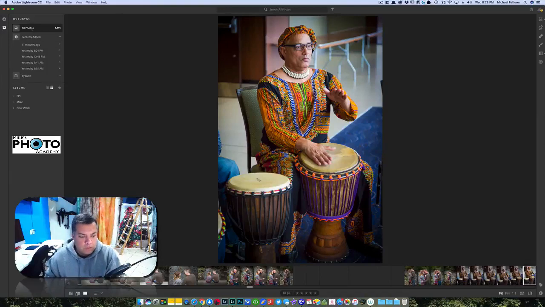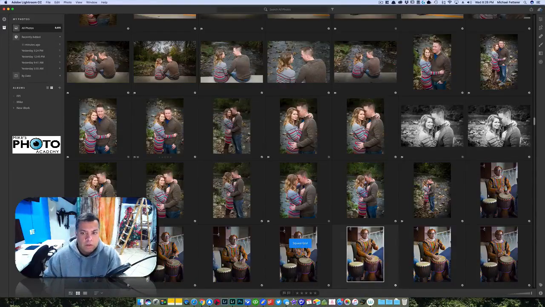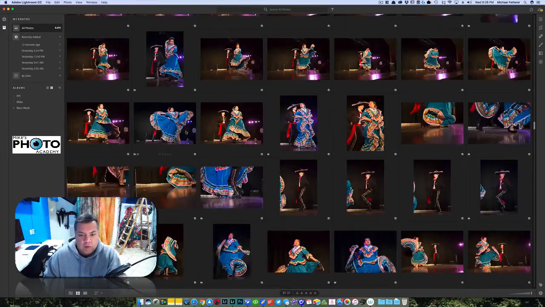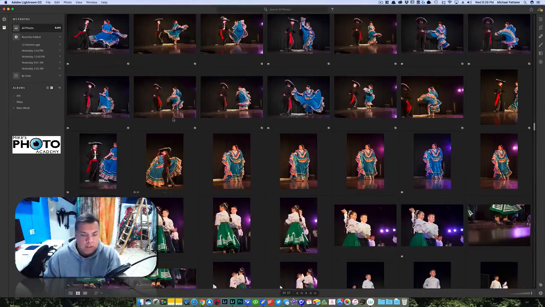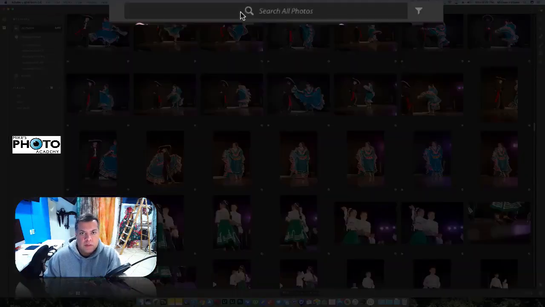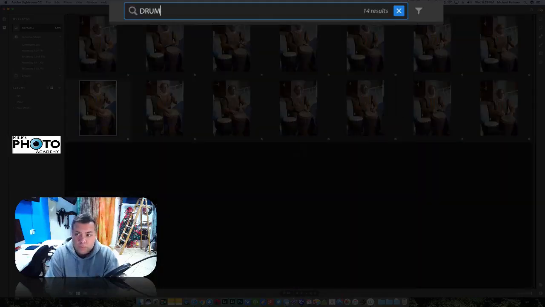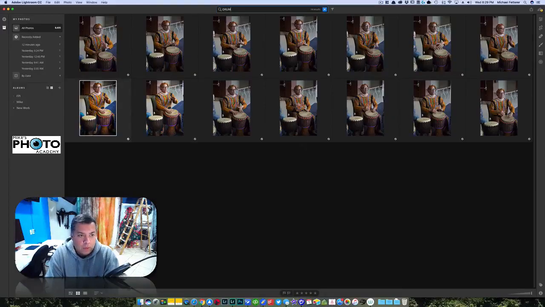I'm going to take this out to the grid. So you can see I've got engagement photos here. I've got performance, from my son's performance. Let's just say I want to find Philip, and I know he was playing the drums. So let's see what happens if I come up here to the search function at the top and type in drum. Let's see if Lightroom CC is smart enough to bring back, wow, that particular image, or those sets of